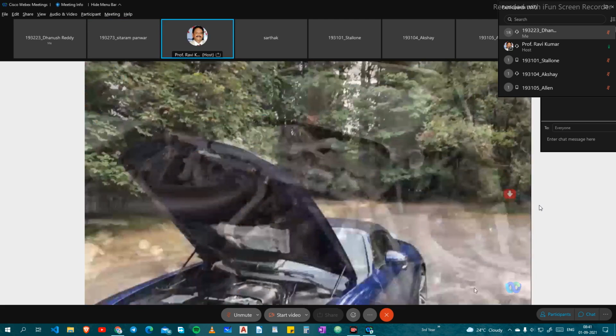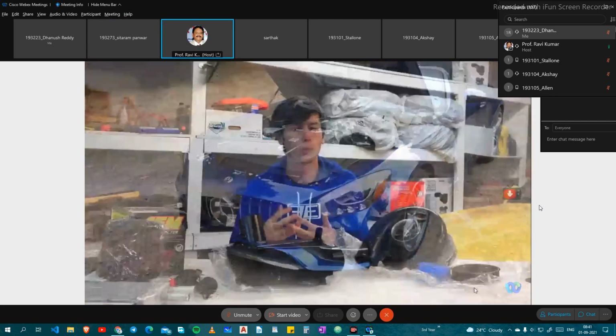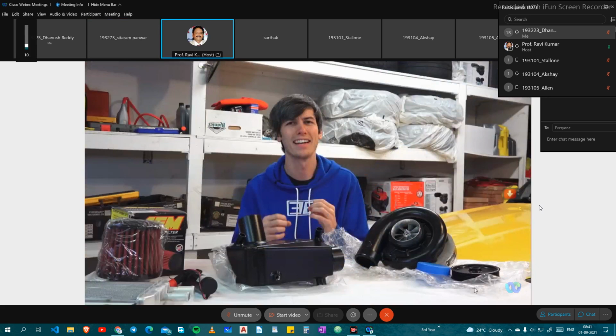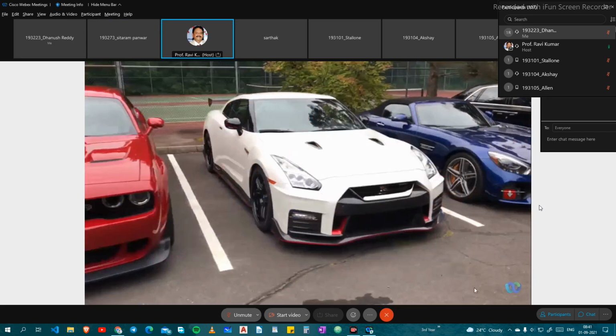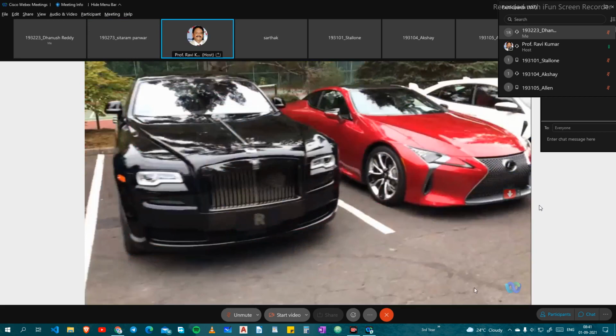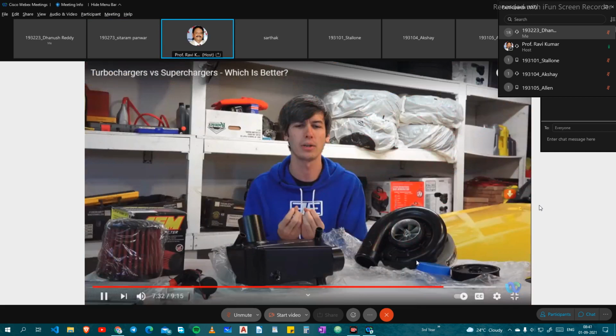But after having driven a bunch of the different vehicles out there, and after having driven many turbocharged and supercharged vehicles, what I find is that I find superchargers far more enjoyable. And the reason is because there's zero lag. And so when you put your foot down, you get exactly what you ask for. And I think the thing that you come to appreciate after you start to drive a bunch of different vehicles out there is having a throttle pedal that does exactly what you ask it to do.